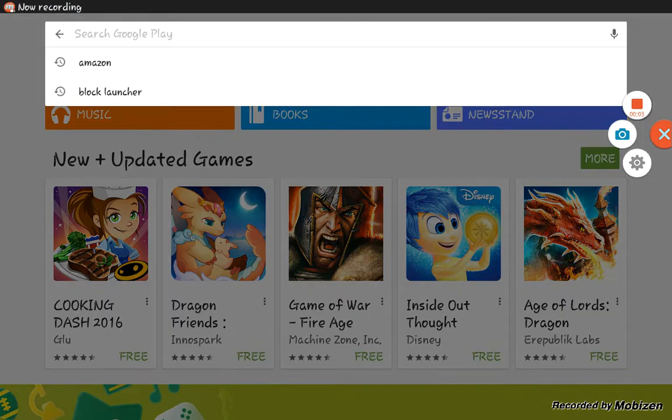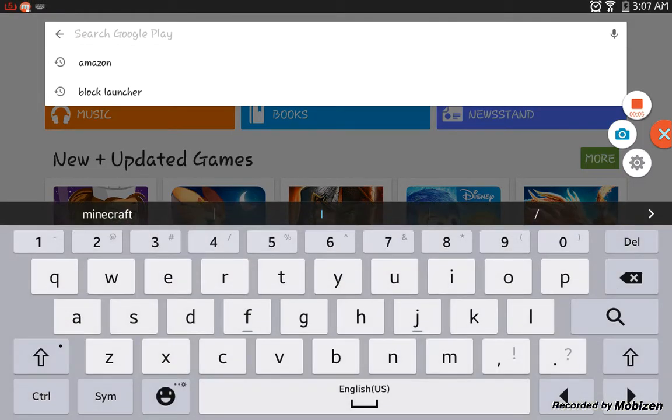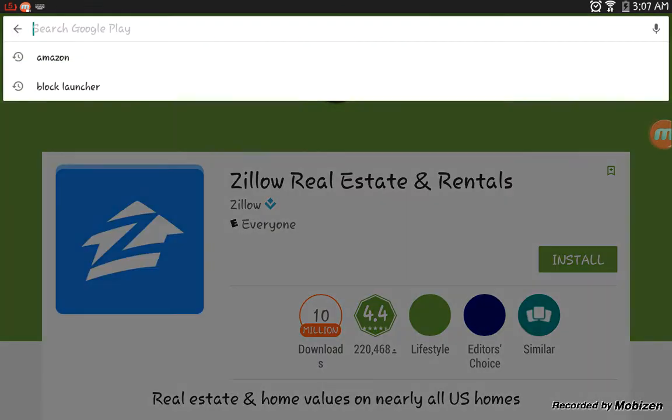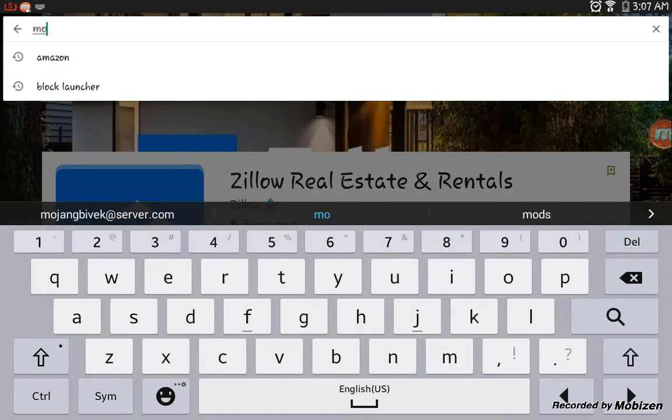Hey guys, today I'm going to be showing you how to record the screen of your phone, tablet. It can be anything, but it has to be Android. Go ahead and write Mobizen,